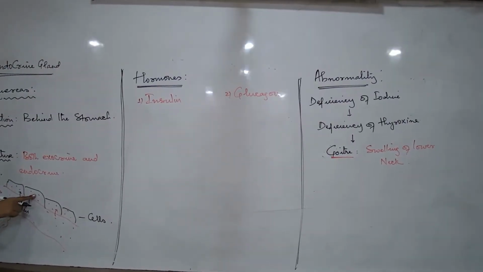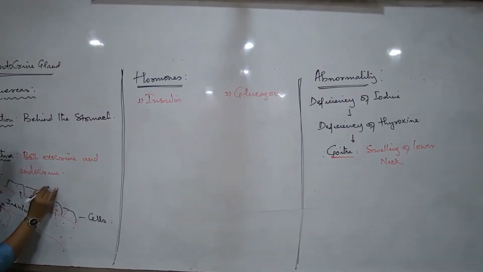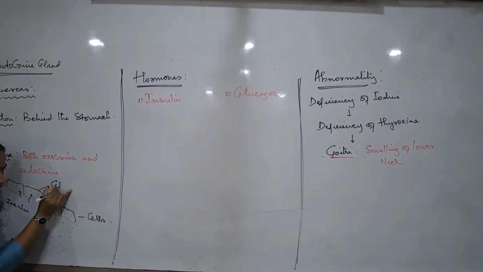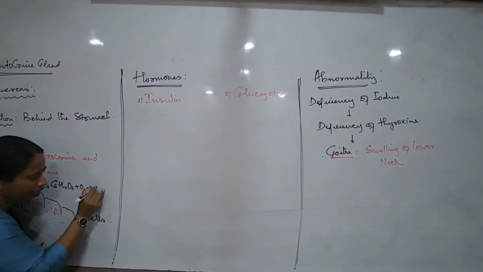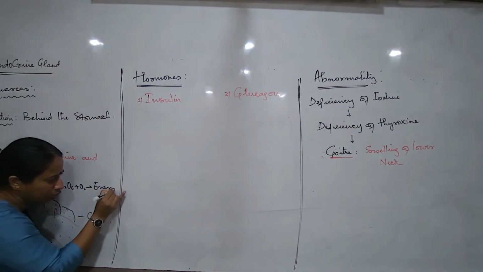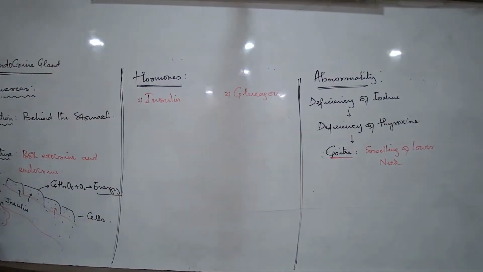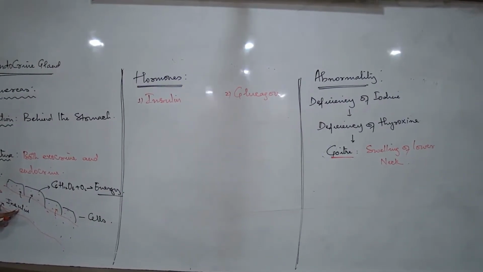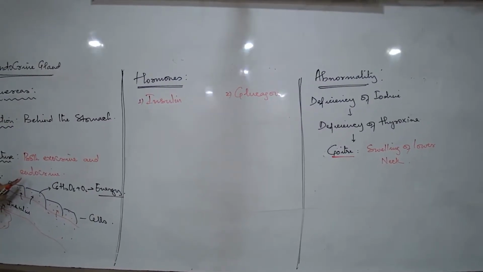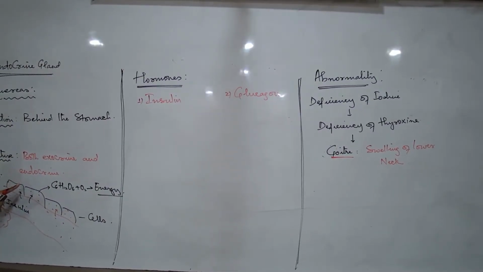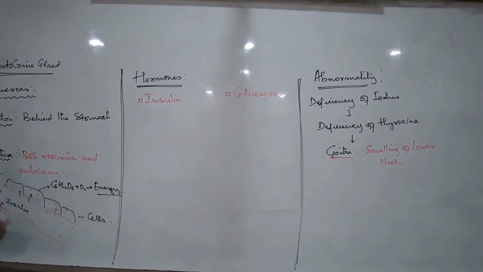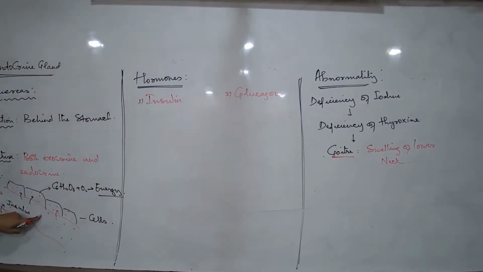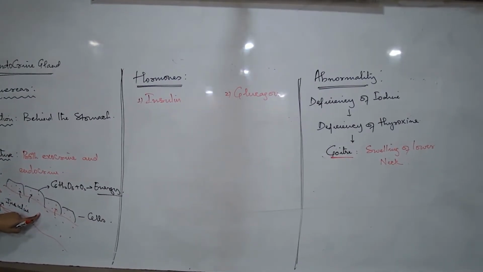Here the glucose is more. So what will happen to the glucose in the body cells? The glucose in the body cells will be broken down and enough amount of energy will be released, which is a normal process. So if insulin is there in the blood, body cells will readily pick up all the glucose from the blood and the body cells are breaking down the glucose, energy is released. The blood now has lesser amount of glucose.